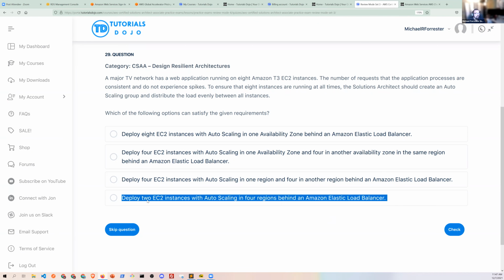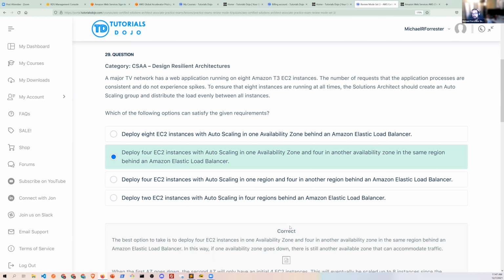Right? Now, D is technically capable, right? But I think most of you put B in here because you know that Amazon wants you to use at least 2 availability zones, but they don't need you to use 4. And you want them to be in the same region because load balancers will not span regions, right? Load balancers are locked to a region. If you need global load balancing, you have to mix regional ELBs with something called Global Accelerator, which will give you global load balancing. But that's not what they said here. Does that make sense to everybody? Anybody where that's not clear?